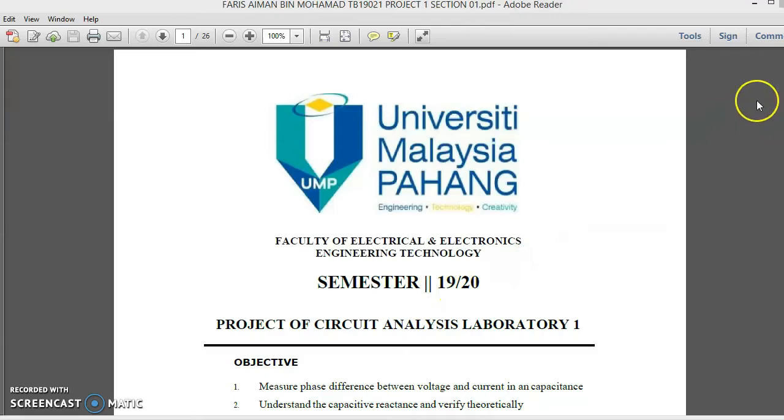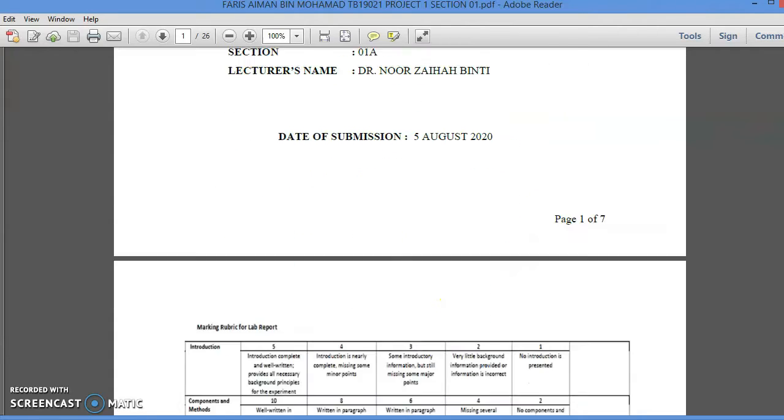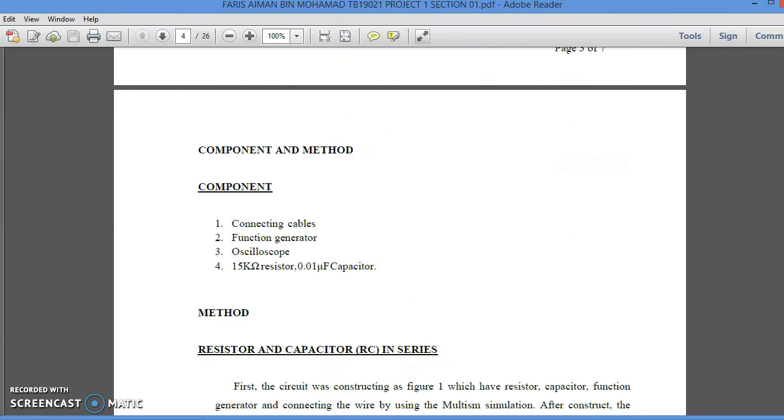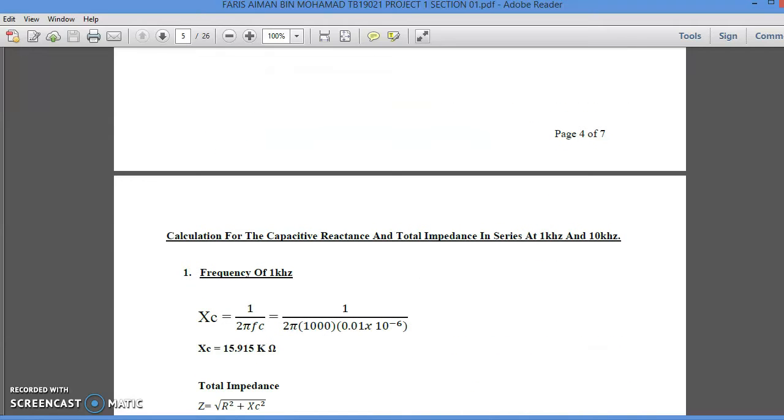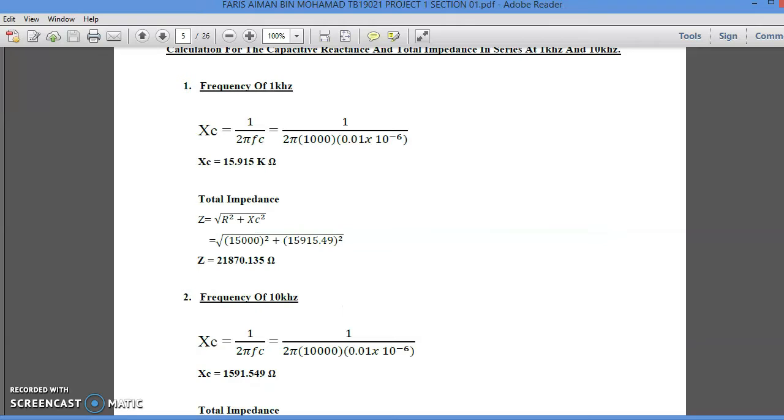Okay, today I want to present a project of circuit analysis. For this report, we can see the calculation for the capacitive reactance and total impedance in series at 1 kHz and 10 kHz. For the frequency of 1 kHz, the capacitive reactance is 90.92 kilo ohm. For the total impedance is